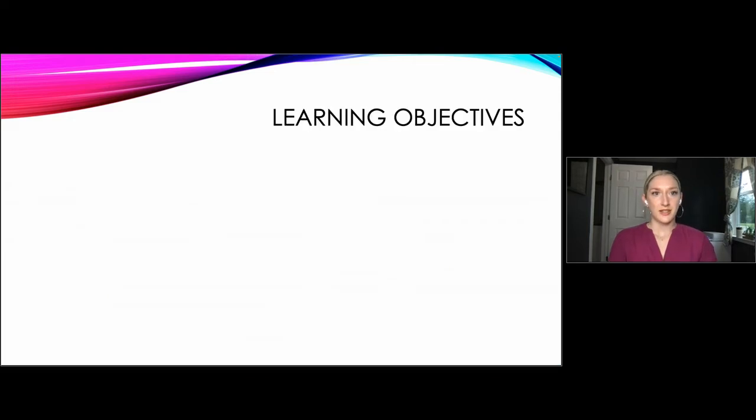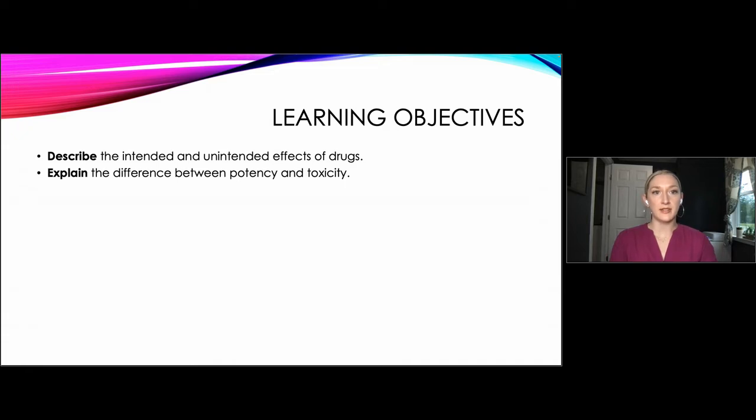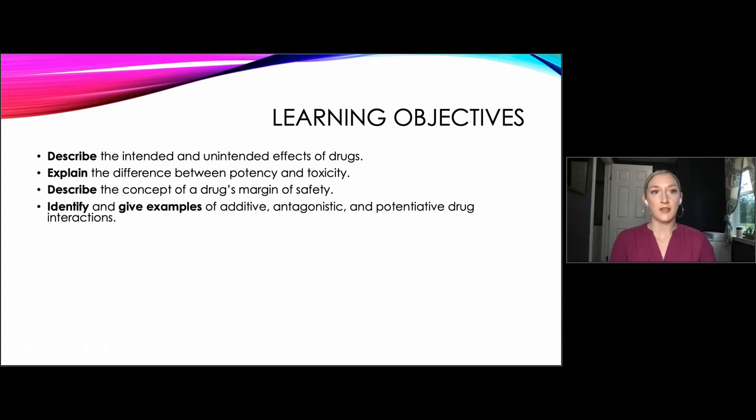So for today's lesson, the learning objectives will be that by the end, you should be able to describe the intended and unintended effects of drugs, explain the difference between potency and toxicity, describe the concept of a drug's margin of safety, identify and give examples of additive, antagonistic, and potentiative drug interactions,